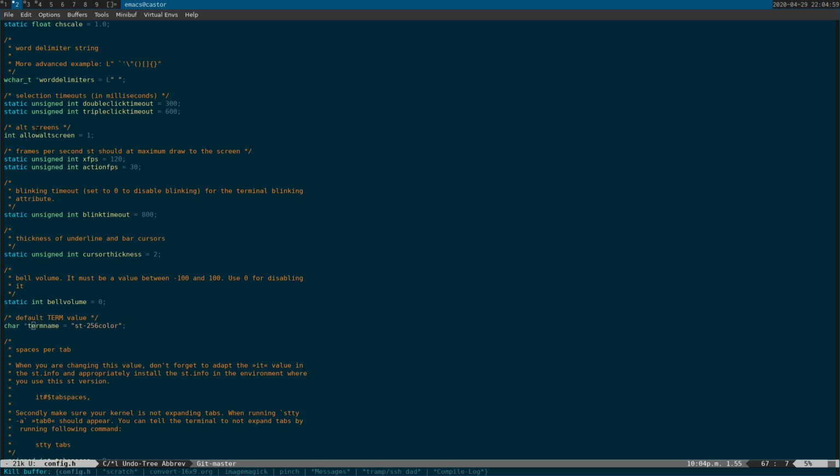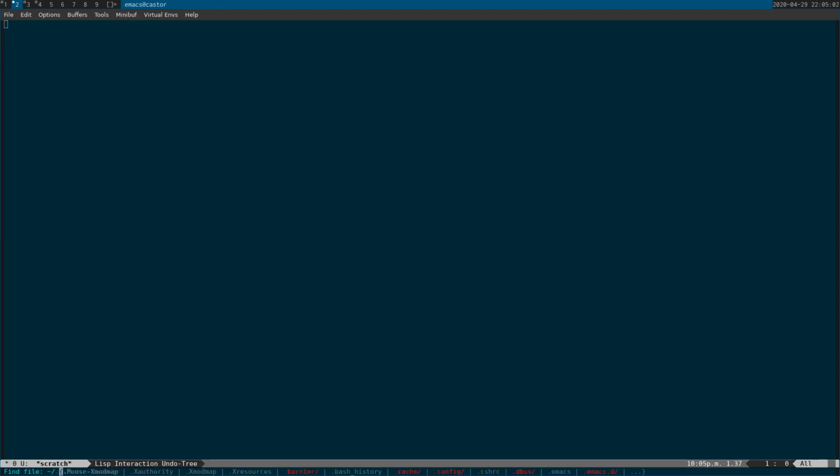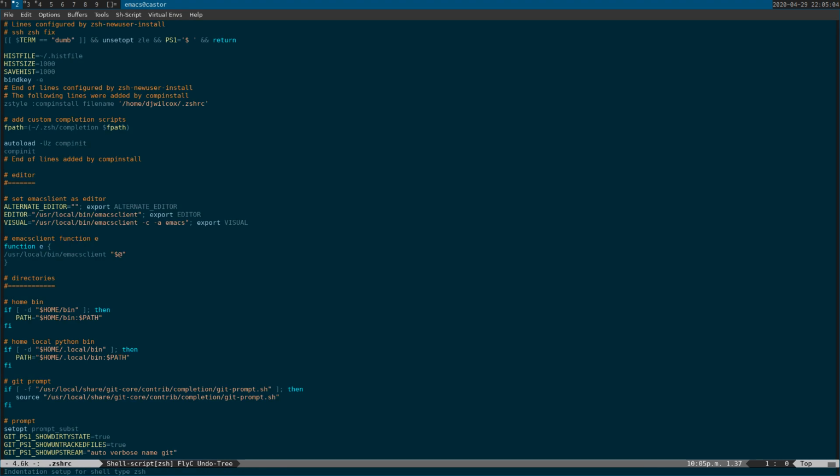Of course, you could in your ZSH RC file or bash RC file, if you're using bash, change the term name to whatever terminal you want, you know, TERM equals urxvt or something. But if you change the term name either in the config for ST terminal or in your ZSH or bash RC file, ST terminal will behave differently. It won't behave the same way. So you don't want to do that. The other option that you can do is